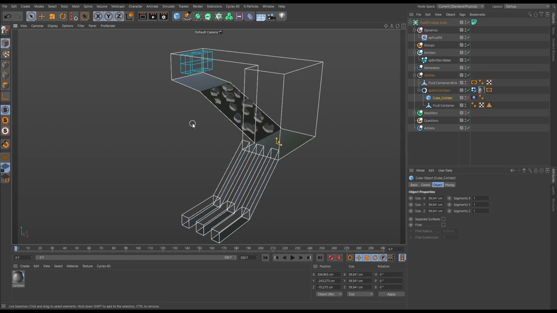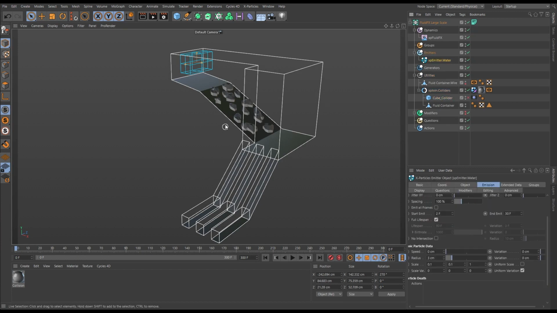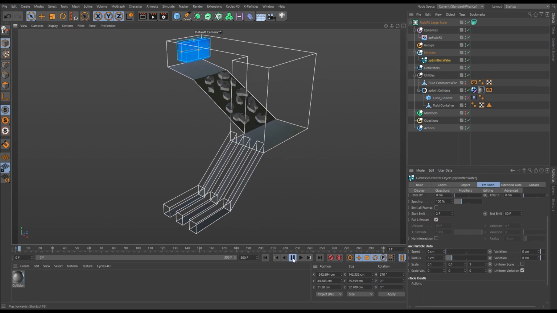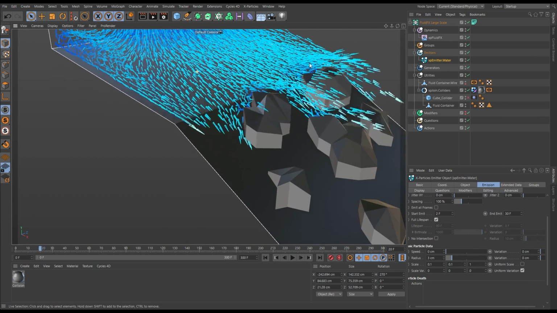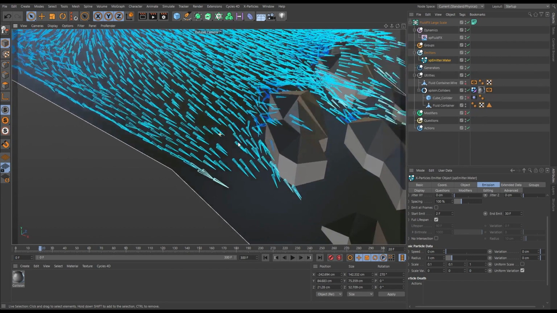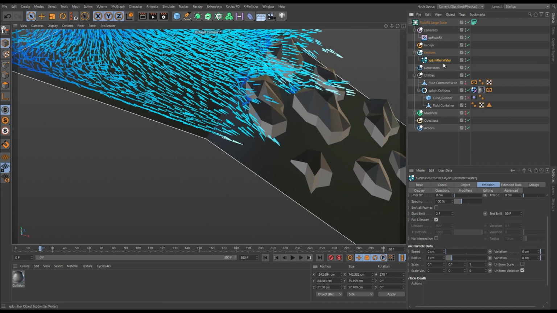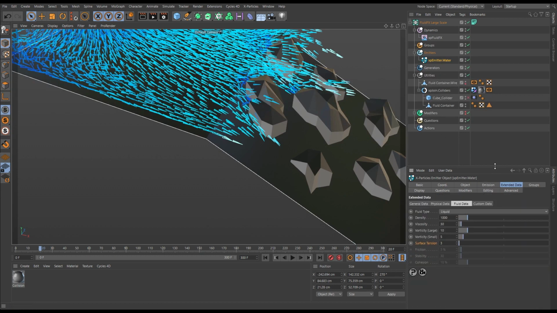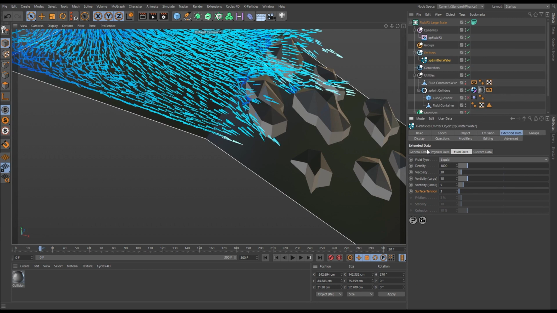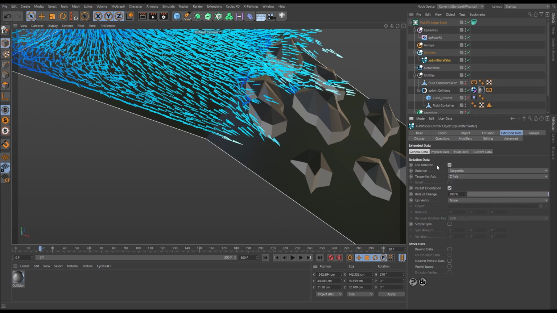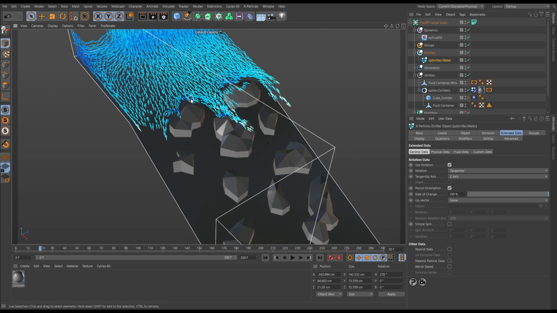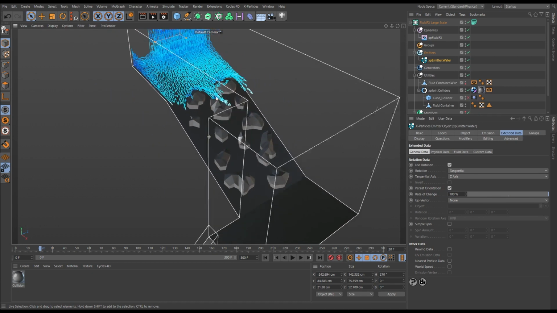So let's move on now and have a quick look at our emitter settings. What we're seeing here is that we're emitting these particles. You can see the display mode we have chosen here is these pyramids. If we go to our emitter, go to the extended data tab and then the general data, we have activated rotation and tangential rotation. That just means that these particles will always be facing in the direction of their travel,